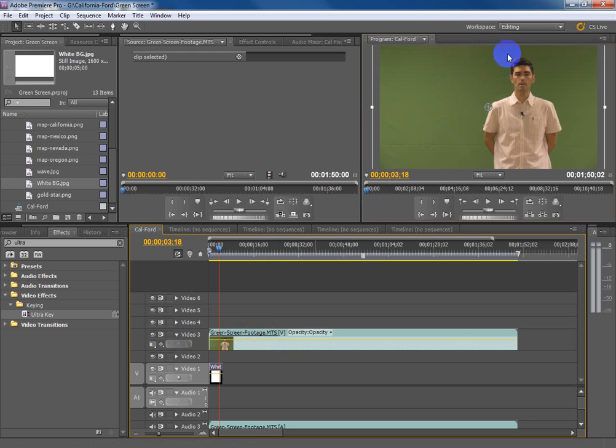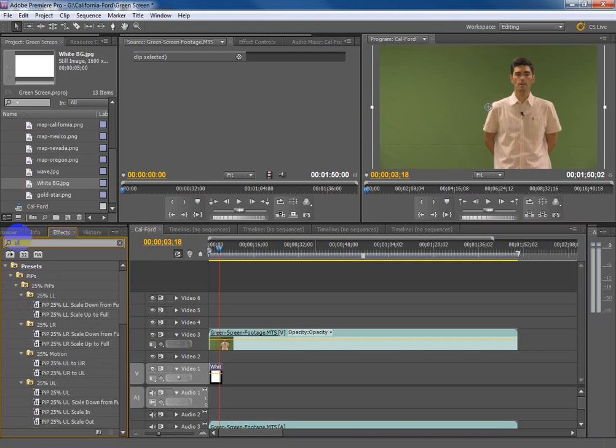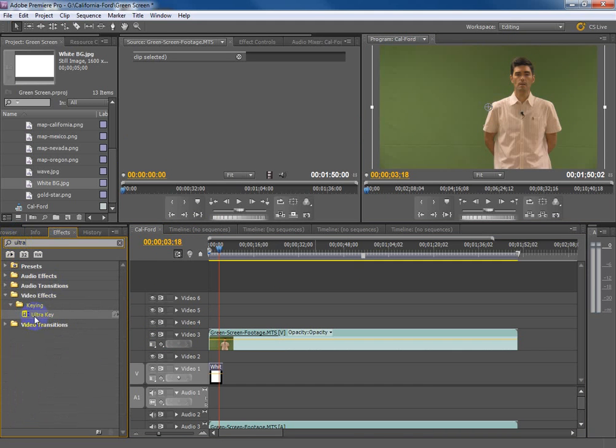Now I want to be able to get rid of all this green so I can see through the green to the white background, or put images back there, videos, whatever I want. The tool I'm going to use to do that, the effect, is called an Ultra Key. I've got it over here in my effects panel. The way I found that is just by searching for Ultra. You see that Ultra Key comes up, and I'm going to drag that to my green screen footage and drop